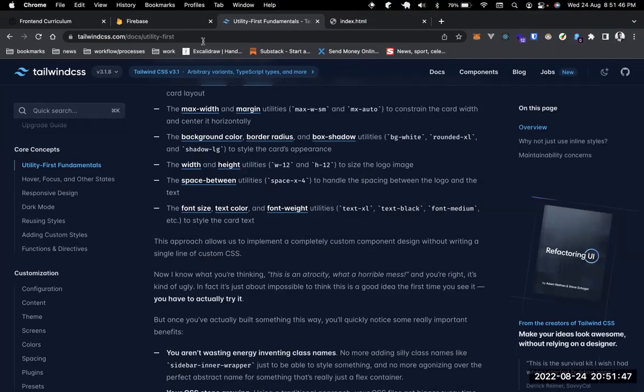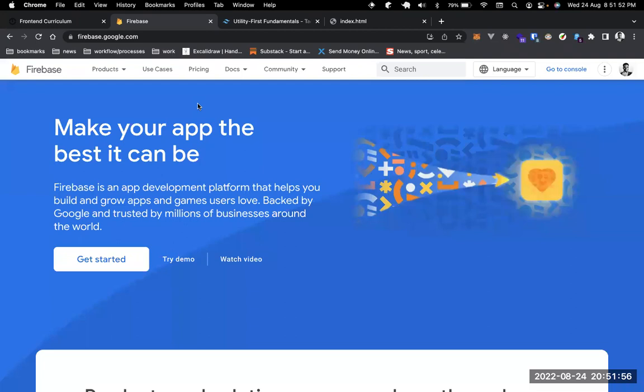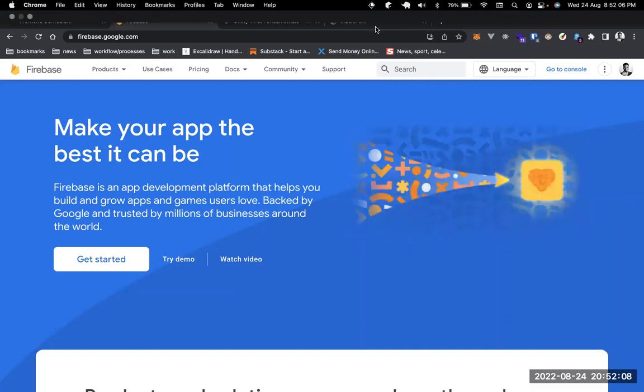Correct, it is. Okay, so speaking of Firebase, Firebase is simply an app development platform, and to make it easier for you to build your front end without necessarily needing a backend. So it will serve as a backend for you. It's mostly used by front end and mobile developers because then you don't necessarily need to build a backend